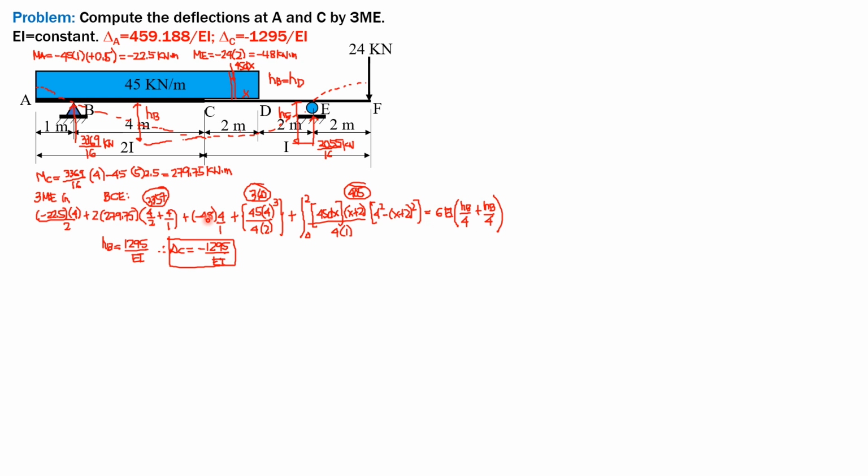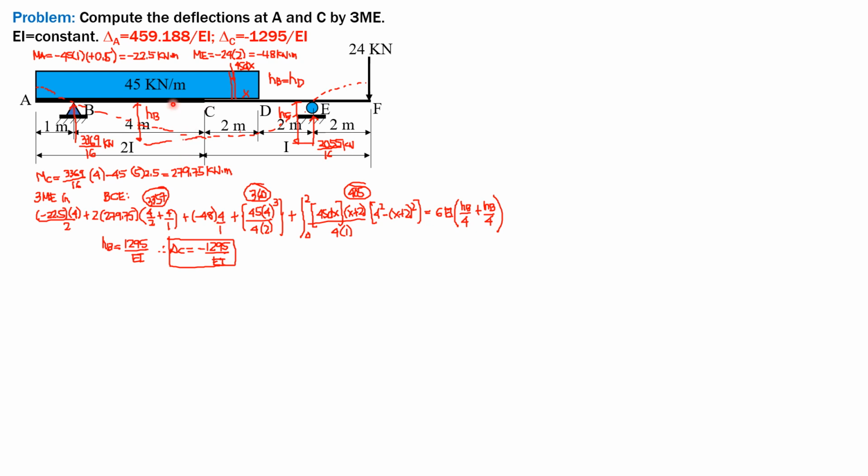Plus the moment at E, which is equal to negative 48 times length CE 4 over moment of inertia 1. Then plus